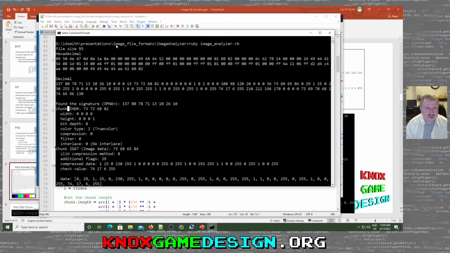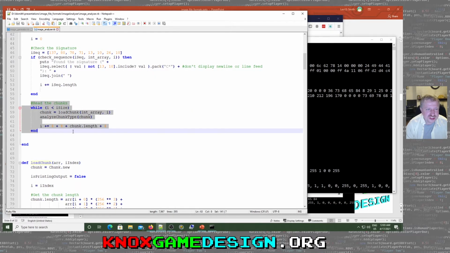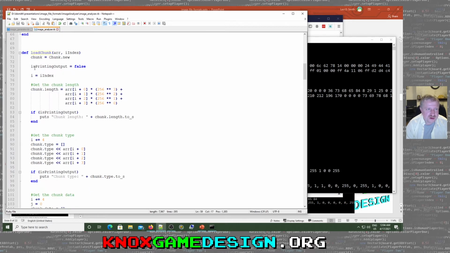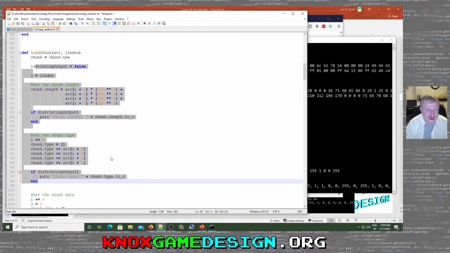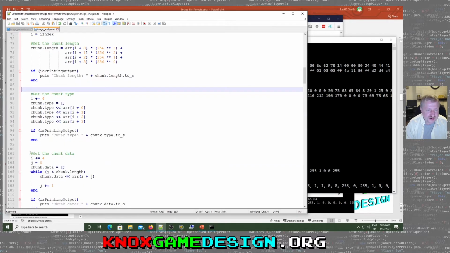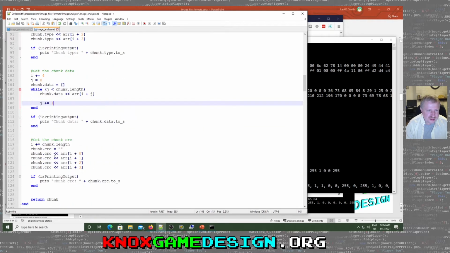But yeah, what this does is when it reads a chunk, it's going to store that in that chunk class, that data structure. Then I'm going to pass that chunk to analyze chunk type. So here's where it's reading in the chunk, by the way. It's going to get the first 4 bytes for the length, the second 4 bytes for the type, and then it gets the chunk data based on the length value, and then it gets that cyclic code at the end,